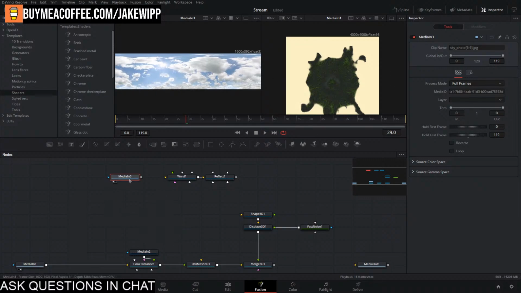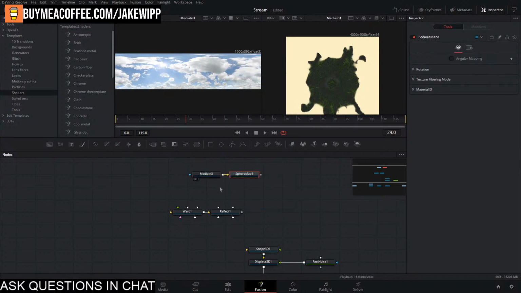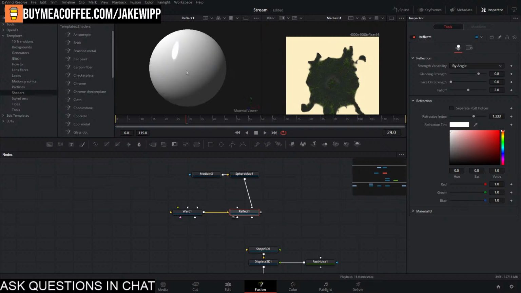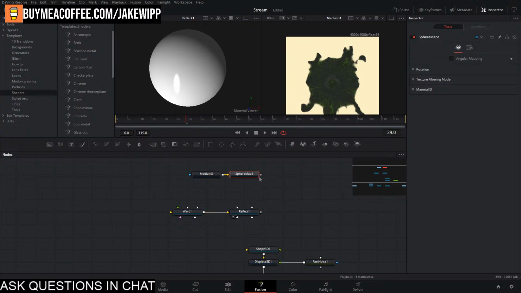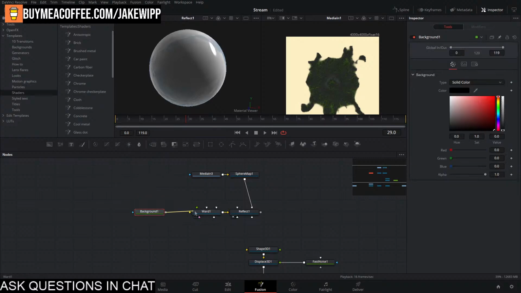So if we take this, put it into a sphere map. Right now I'm setting up reflections. So you need to do a sphere map, and then I'll put this into the reflect. And now if I view it, it's not working. I put it in the wrong spot. It needs to come in as the color. There we go. And then in the ward, I will bring in a background